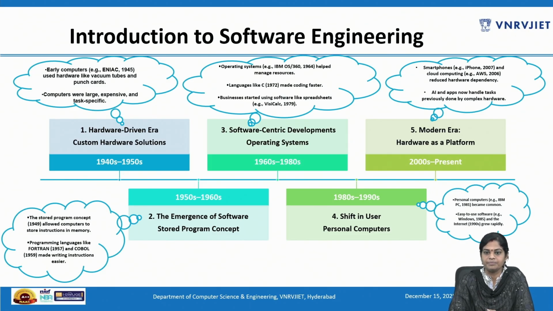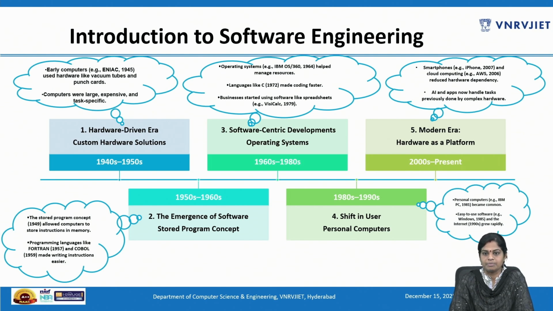So here IBM started bringing these computers, personal computers. They became common, with easy to use software, and the internet also started growing in this era only. And finally, the era that most of the generations actually exist in, like 2000s to the present one, we call this era the modern era.